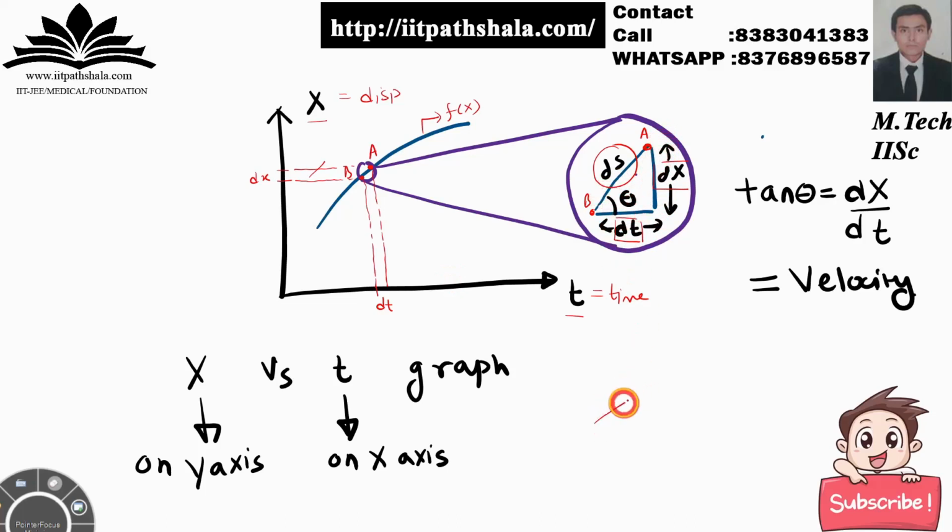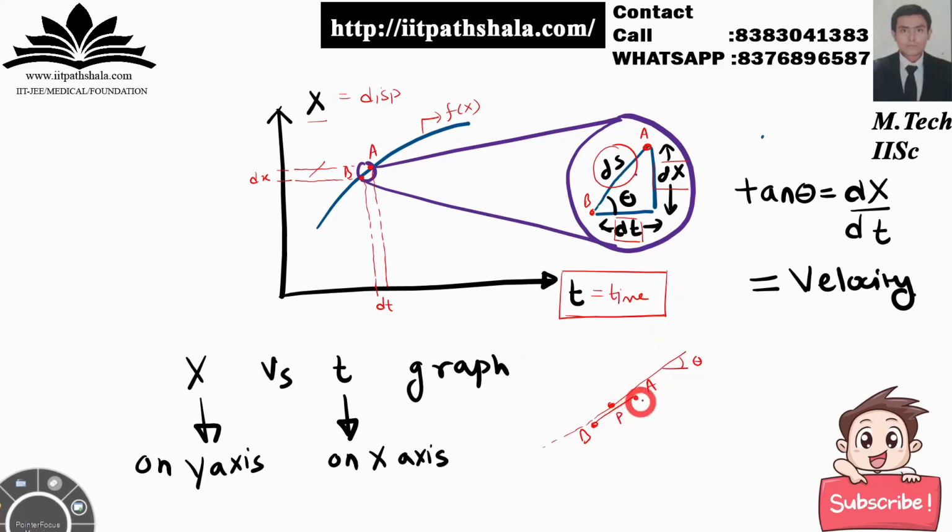As I've told you, this line AB and the tangent at point P are parallel to each other. So whatever angle my tangent makes will be equal to the angle AB makes with respect to the x-axis, sorry, the time axis over here. Fine with that? The horizontal axis over here.